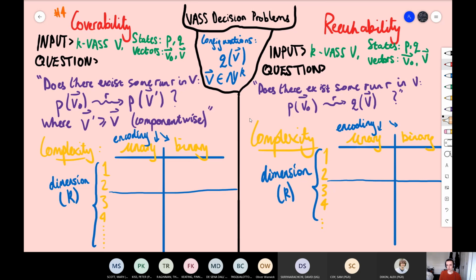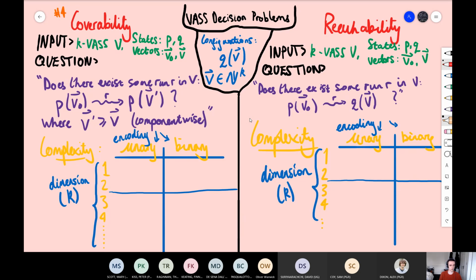Define a configuration, right? So I will take a state and a vector. Remember that vectors are k-dimensional, in N to the k. I like this notation. It makes Q look like a function, but it's not. It's just a clean way of writing down a configuration. A configuration is simply Q, the state you're at, and the vector V, which represents the component-wise values that belong to each of the counters. I'll use this notation more than once. So that's what a configuration looks like.